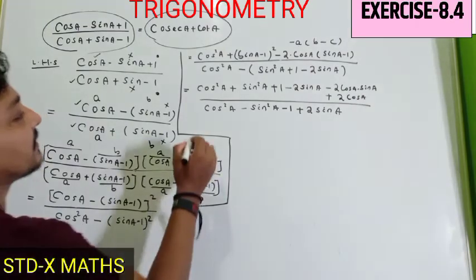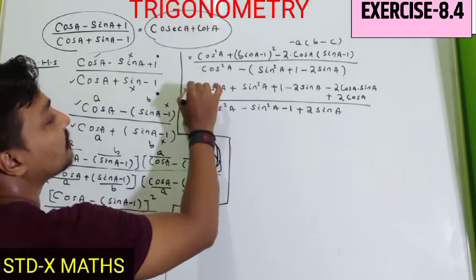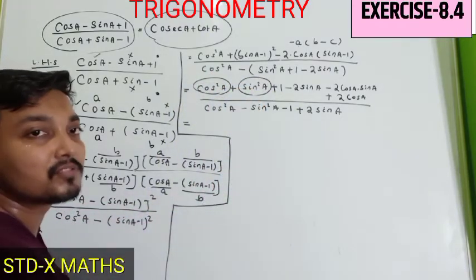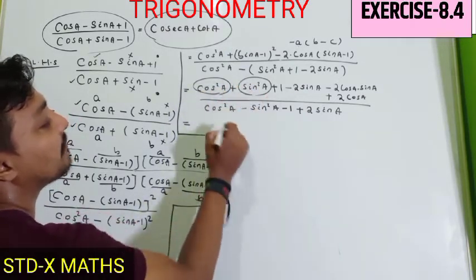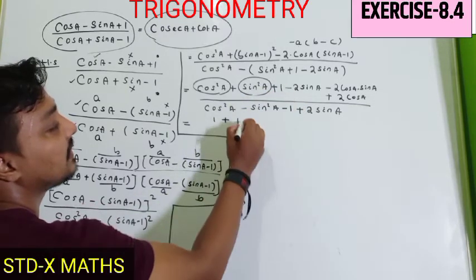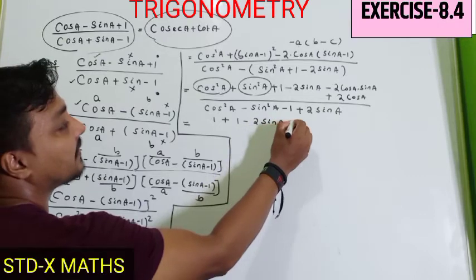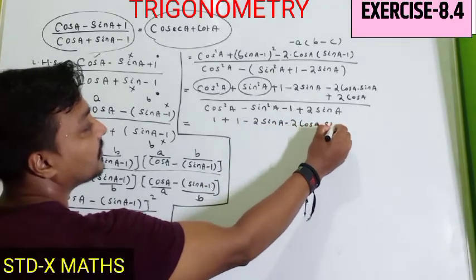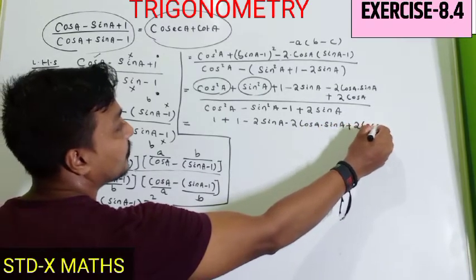Then in the next step, I said whenever you get any chance of sin square a plus cos square a, always put it as 1. So for these two I am writing 1. The next one is 1 as previously, then minus 2 sin a minus 2 cos a into sin a plus 2 cos a